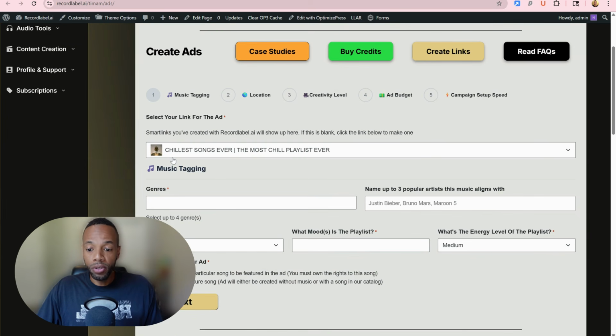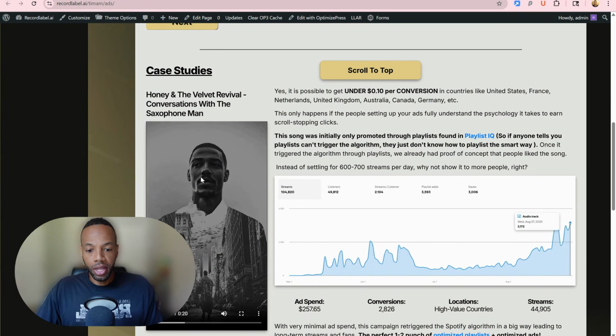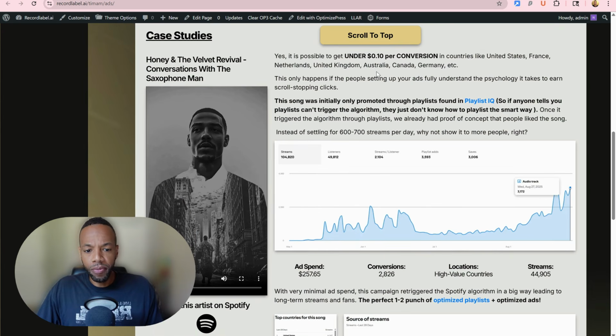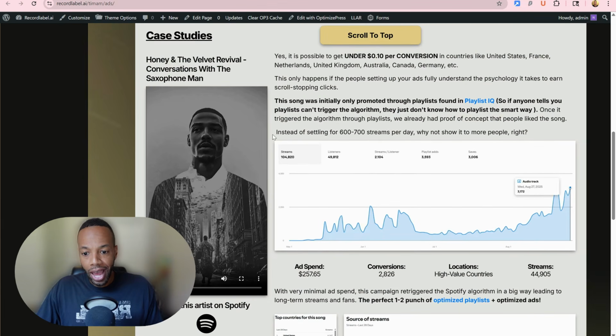Or you can also try doing Meta ads. A lot of you have tried Meta ads and it hasn't gone exactly how you want it. There's a case study directly on this page here. It'll be linked somewhere in or around the video you're watching, showing ads that we've run that got under 10 cents per conversion in high cost countries. So you're talking United States, France, Netherlands, UK, Australia, all the countries where Spotify Premium costs the most. That is where this ad was getting under 10 cents per conversion. And when you start to get under 10 cents per conversion,